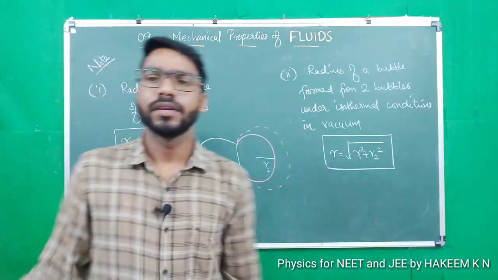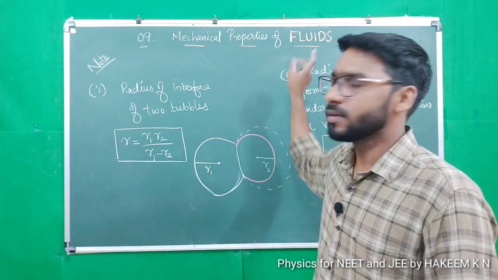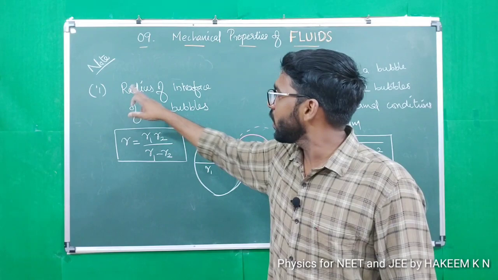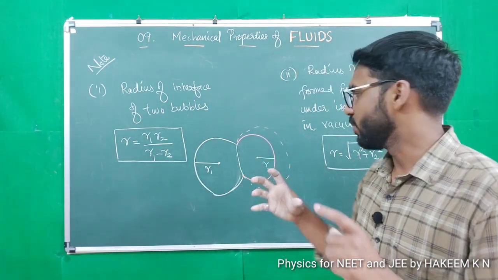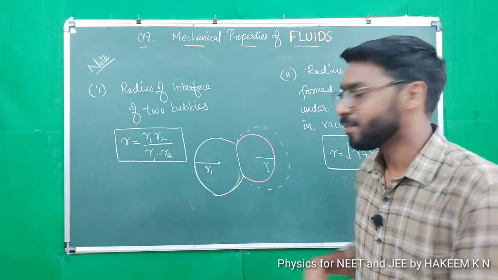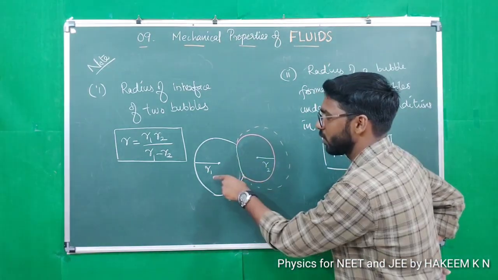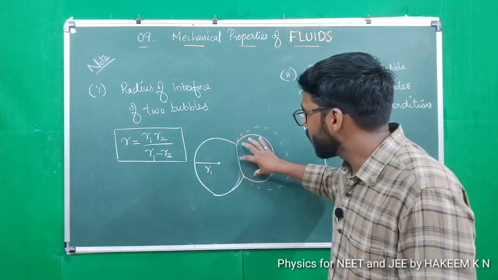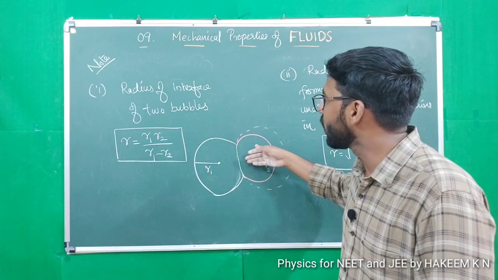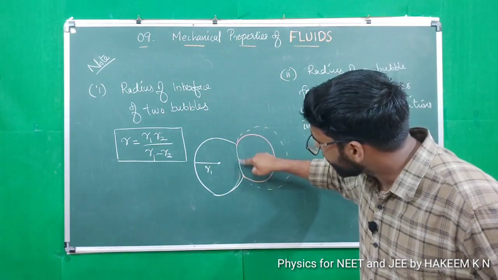Here is a note, 2 points. First point, radius of interface of two bubbles. When two bubbles come together, with radii R1 and R2, here R1 is greater than R2. When they are in contact with each other, this interface